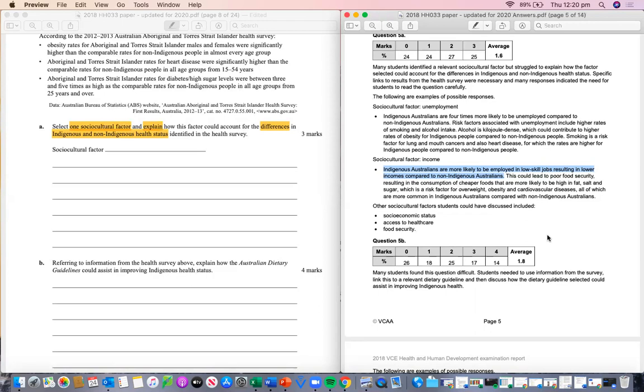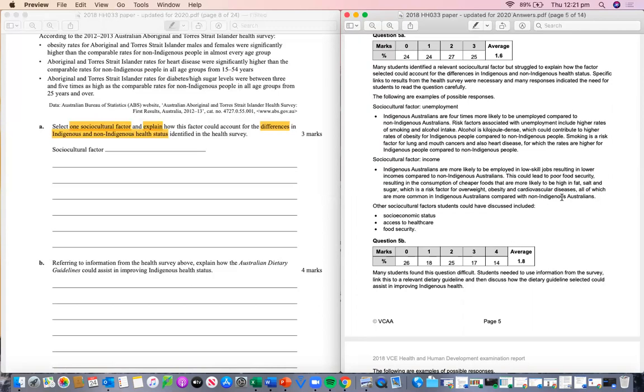So the focus here was obviously on overweight and obesity rates. The focus then stemmed onto food security, which is quite easy to link to. But it was not only a link to food security, it was how food security can be a factor in this area. If you don't actually link that, it kind of makes your second and third mark non-existent. Because what this individual has done with this response, in this example,